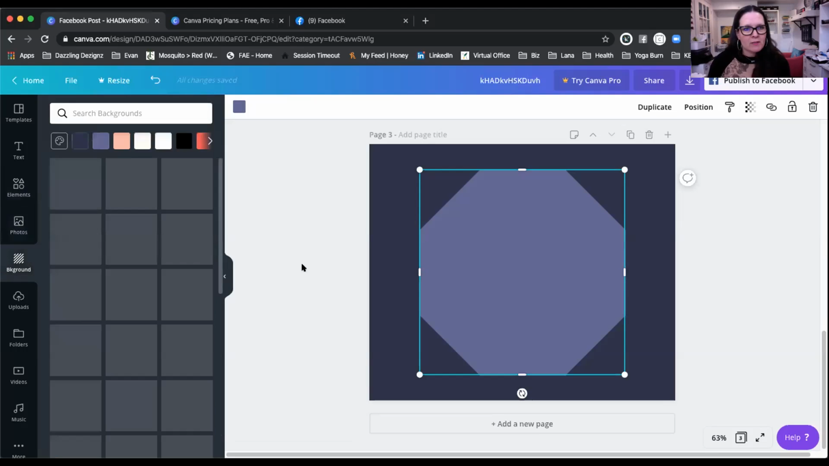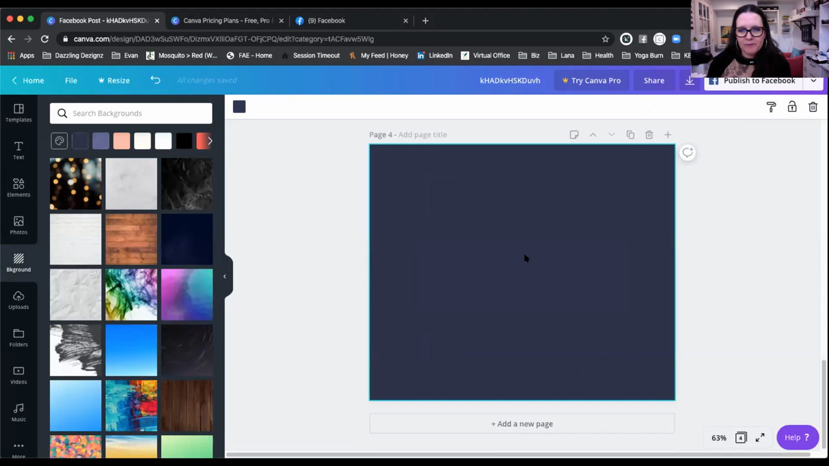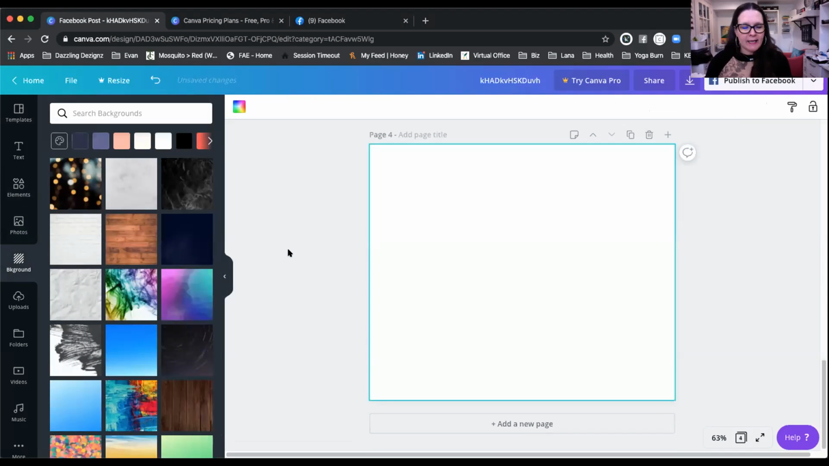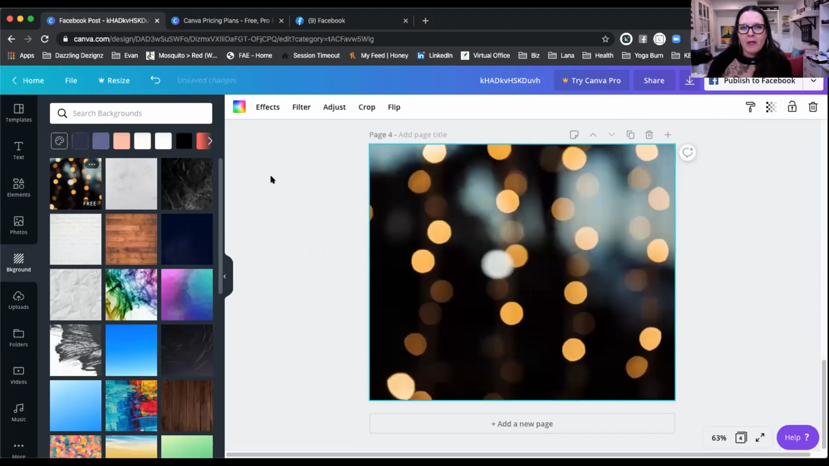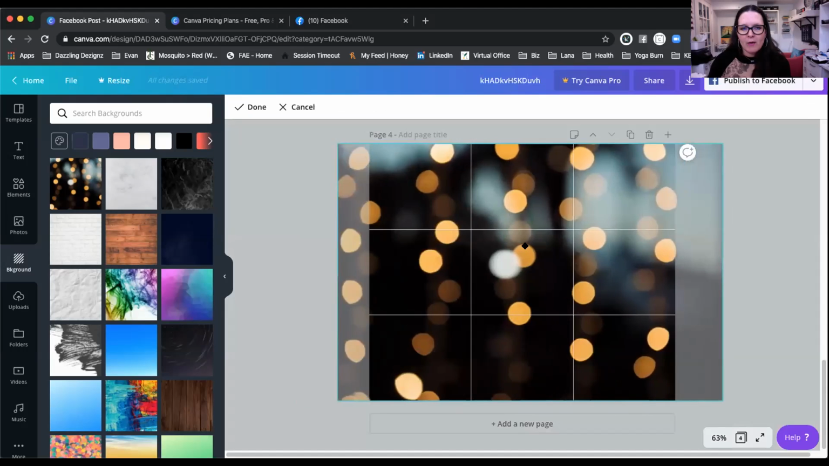And then backgrounds. So what happens with the background is, I will show you. It doesn't act like a photo. So if you go into the background section and you click on one, it makes it the background, and so you can't really,